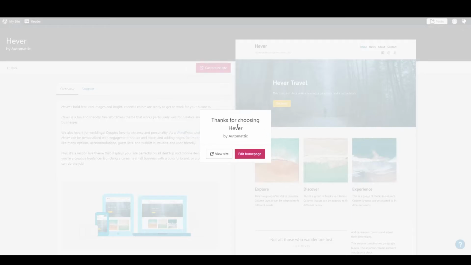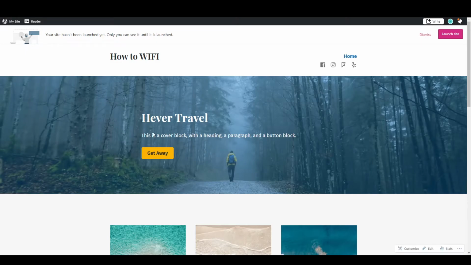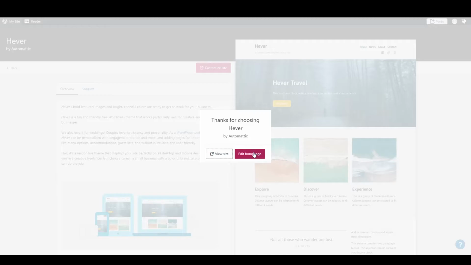So as you can see, the template is active. So you can simply click right here to view the site. So as you can see, the template is loaded. So it says your website has not been launched yet. Only you can see it until it is launched. So after making all the changes, you can simply click on launch site and your site will be visible to all of your users. So for now, click edit homepage,